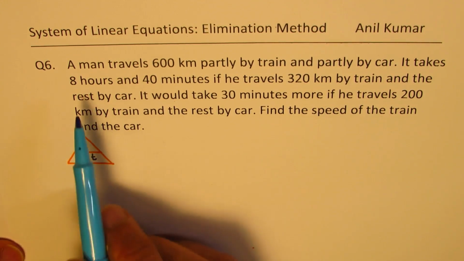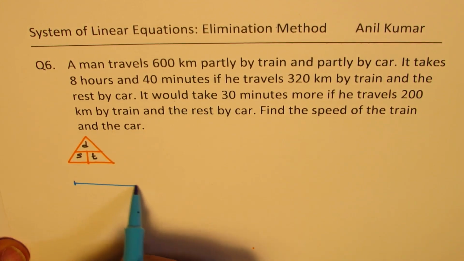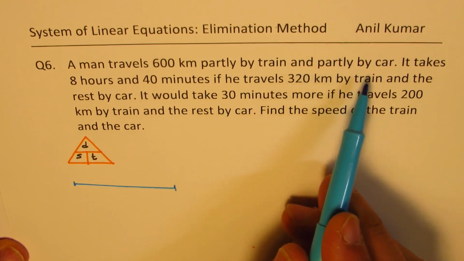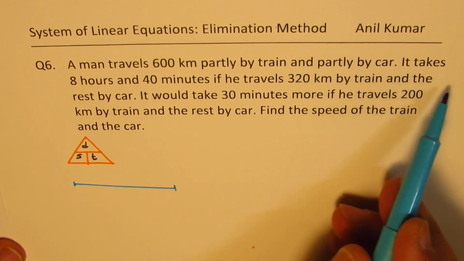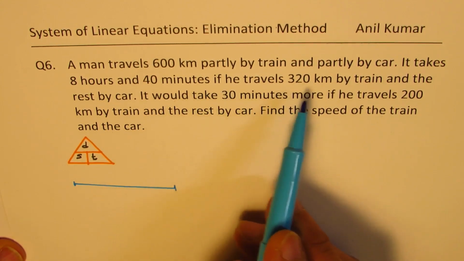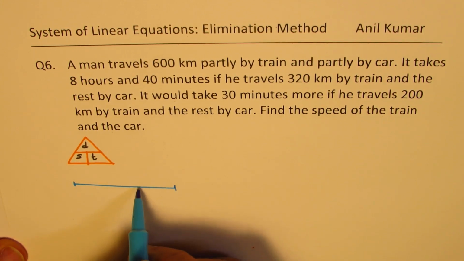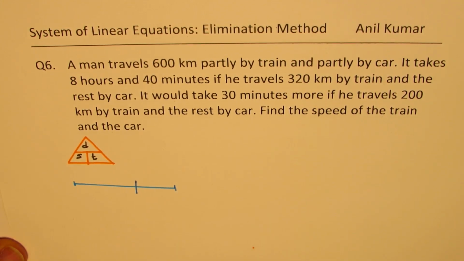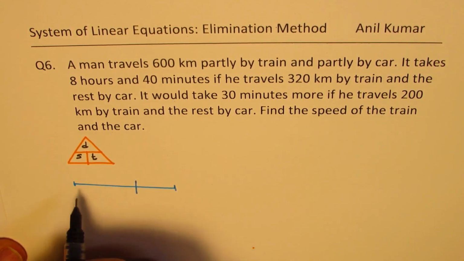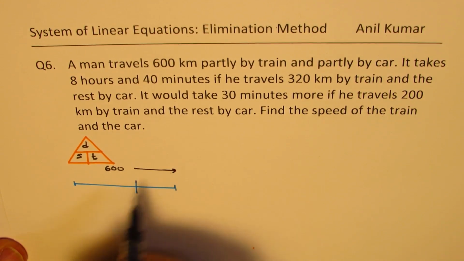Now, based on the question, let us make a sketch to understand how to solve it and how to write the equations. A man travels 600 kilometers, so that is a distance of 600 kilometers, partly by train and partly by car. It takes 8 hours and 40 minutes if he travels 320 kilometers by train, so slightly more than half. So the total distance covered is 600,